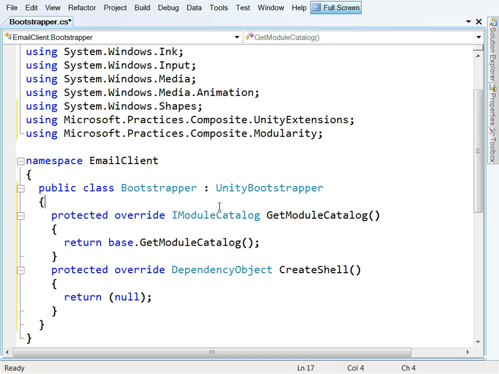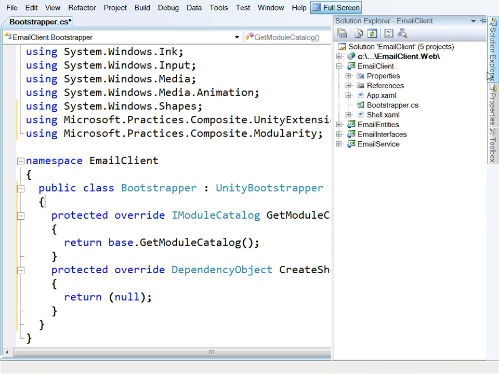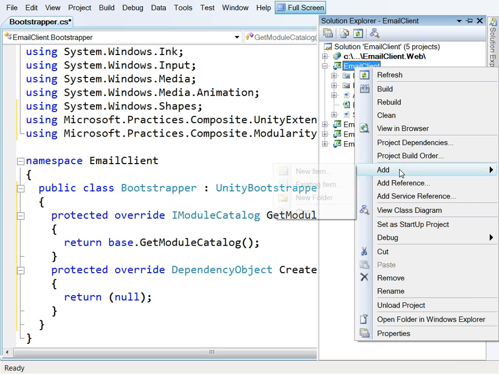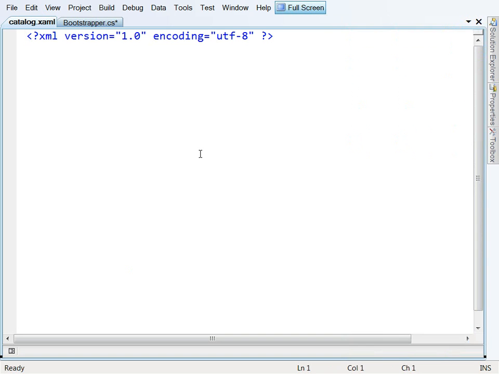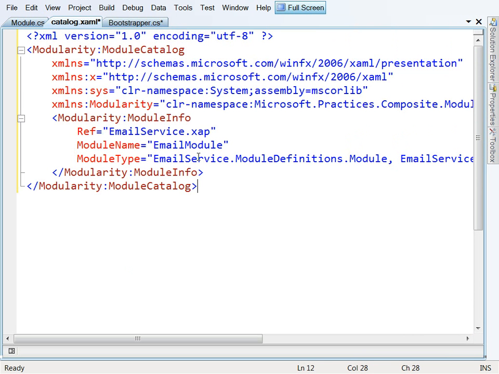What I want to do is load my module catalog from XAML. So I'm going to walk up to the project, add a new item, XML file. I'll call this catalog.xaml. And into there I want to define my module catalog. So I'm going to paste a piece of XAML in here. So we're saying here's our module catalog, and our first module